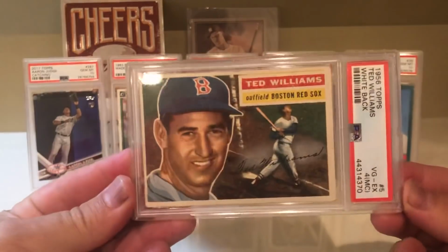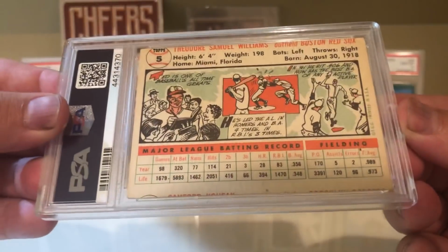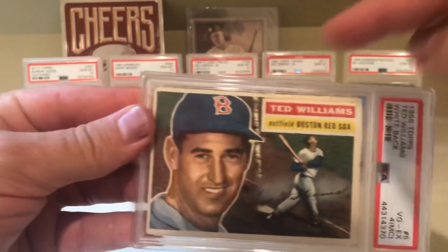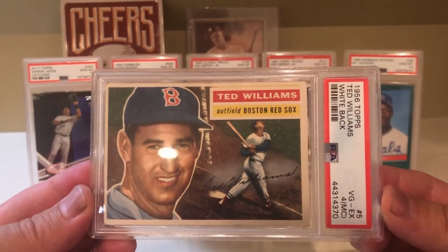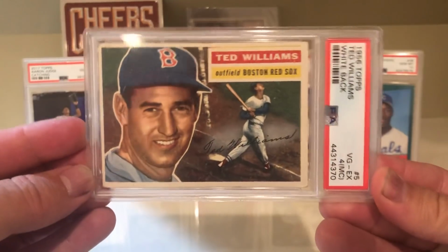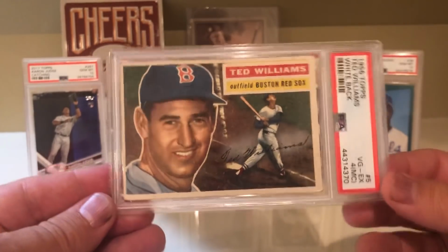Then got this '56 Topps Ted Williams. Came back as a 4 miscut. And again, no surprise there. Look, you could even see the card is clearly miscut there. And it looks a little strange up at the top. But still a really cool card of Ted Williams. You can see here he hit .356 in '55. That's not too bad. So, again, the card looks so nice. For a card that was just sitting in a box to be in this nice holder,